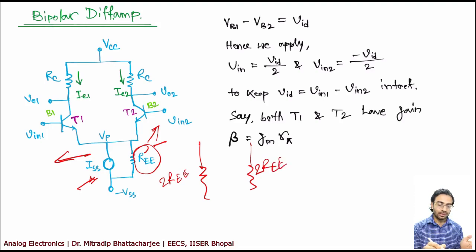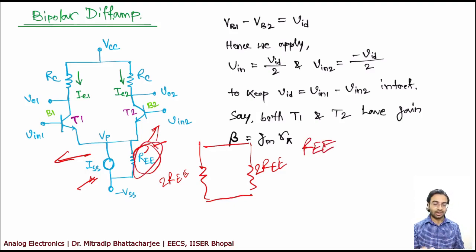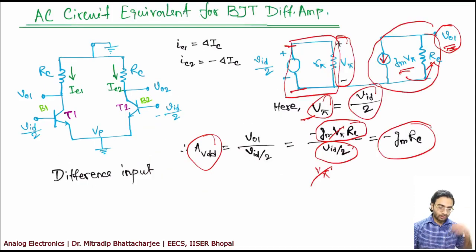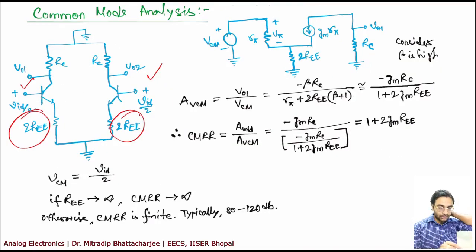And what does that mean? The parallel combination will give you an equivalent resistance of REE, which is reflecting over here. So what I have done, I have replaced the REE in both the sides as 2 RE. Is that okay? So if you have 2 RE in both the sides,